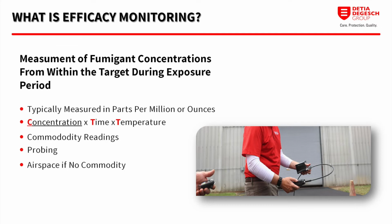But really what it comes down to is this equation here. And for the fumigators in the room, this is old hat to you, but it comes down to this equation, CTT. Time, obviously you can measure with your watch or a clock, temperature with a thermometer, but a critical part of this equation is concentration. And if you don't know what your concentrations are,